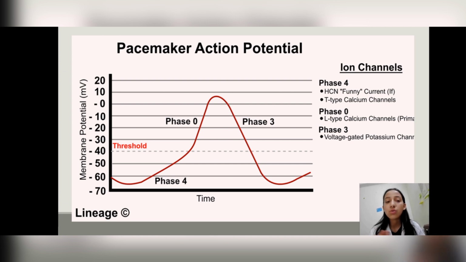अब जो ये एल टाइप कैल्शियम चैनल थे ये कब बंद हो रहे थे? 100 टू 150 मिली सेकेंड के बाद ये बंद हो जा रहे थे, जहाँ पे कि फिर पोटेशियम चैनल्स ओपन हो रहे थे। अब अगर पोटेशियम चैनल्स ओपन हो रहे हैं और कैल्शियम चैनल्स बंद हो रहे हैं, मतलब कि पोटेशियम का आउटफ्लक्स ज़्यादा होगा और जो कैल्शियम चैनल्स बंद हो गए हैं तो मतलब कैल्शियम का इनफ्लक्स स्टॉप हो जाएगा। अब पोटेशियम का आउटफ्लक्स होता जा रहा है, तो पॉजिटिव जो आयन है वो मेम्ब्रेन से लॉस हो रहा है, जिसकी वजह से हमारे जो मेम्ब्रेन पोटेंशियल है वो दोबारा नेगेटिव की ओर जा रहा है क्योंकि पॉजिटिव लॉस हो रहा है।